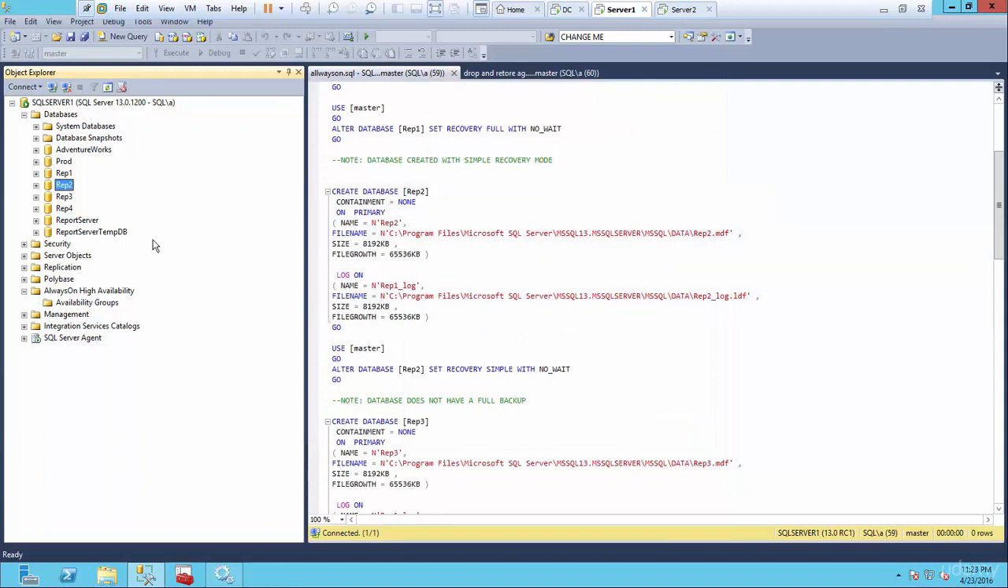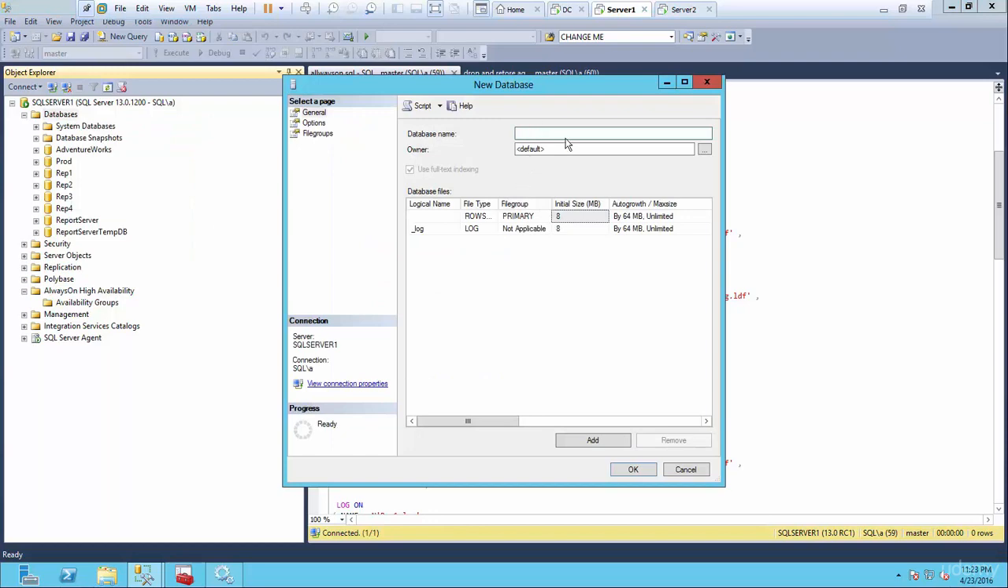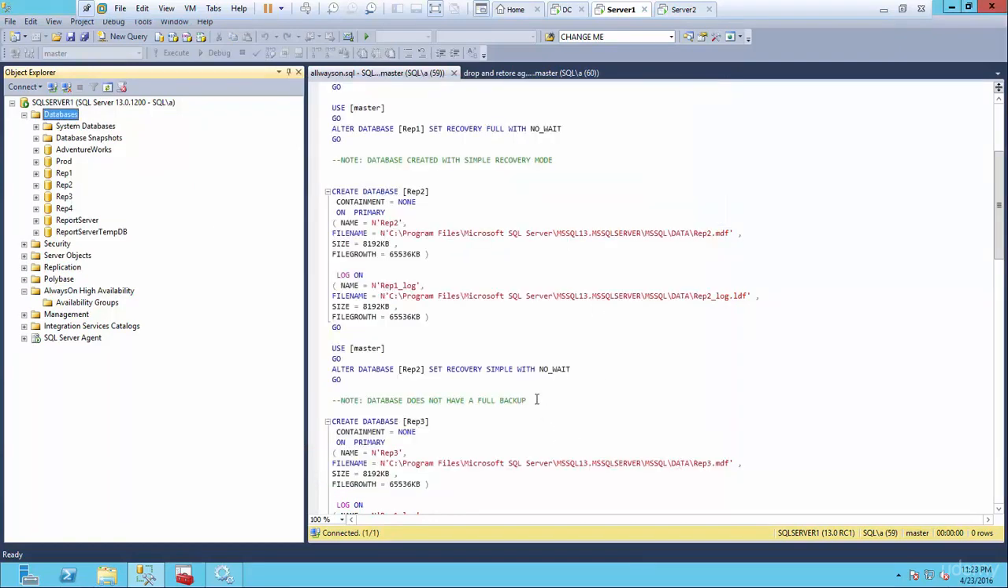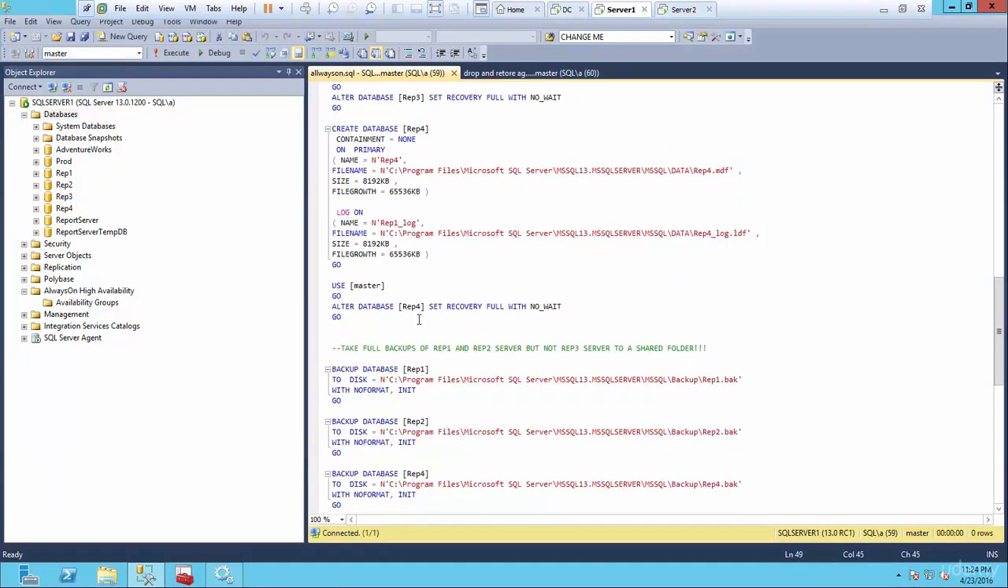So that's one thing. The other thing you'll notice is since the last video, I created another database called Rep4. You can right click, new database, call it Rep4 and go OK. Or you can execute this script that I'm going to provide for you right here, which will create the database and set it to recovery full. So now that we have four separate databases with different configurations, we're ready to look at how to set up